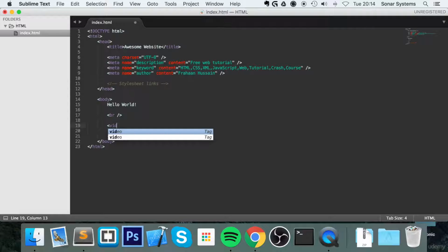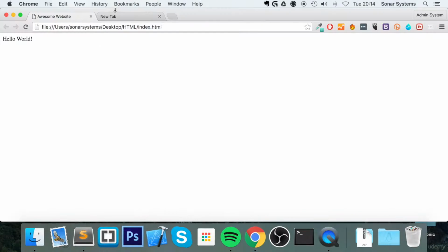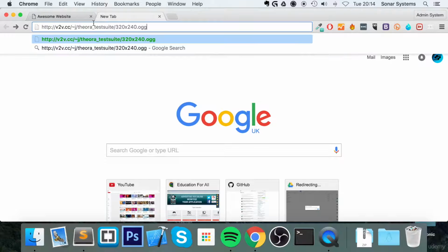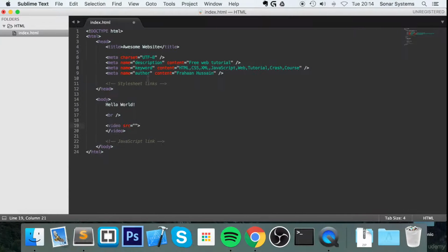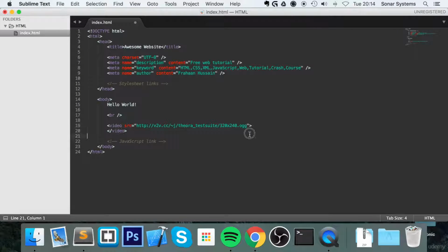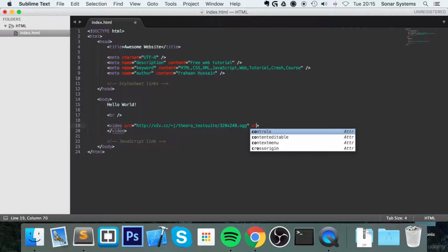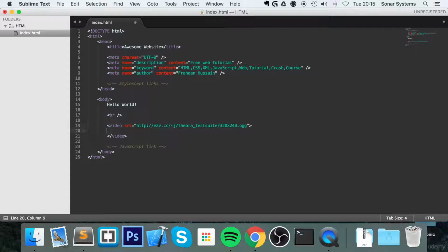To do it, like I said, it's very simple. Video tag, and then this has a source. I've got a link right here. I did have a link. Yeah, I've still got it in my clipboard. And if we put space, actually I'm not going to put anything at the moment, just leave it as it is. Now inside here, put your browser does not